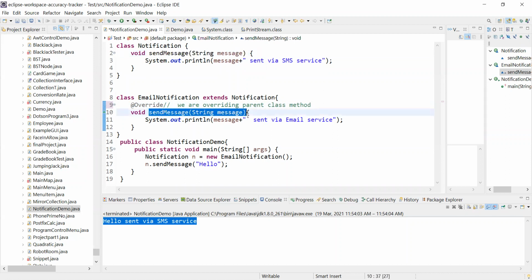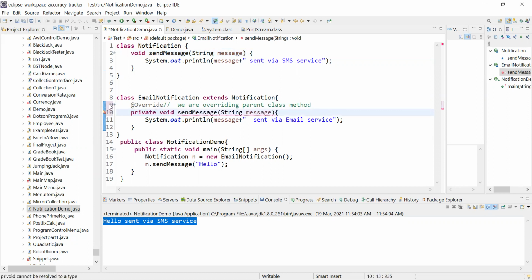Now when doing overriding, what do we need to take care of? For example, in this case you can see this method has default scope. We are defining this method with default scope, like there is no public or private associated with it, so we'll say this is the default one. Default is basically the scope where we can say it is accessible inside a package. What if I make it private?